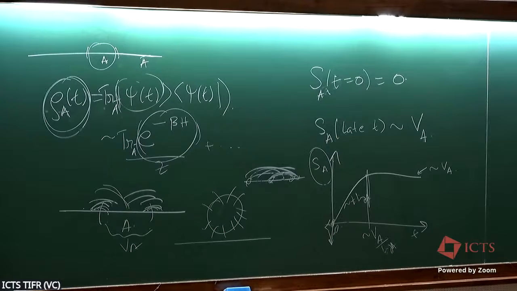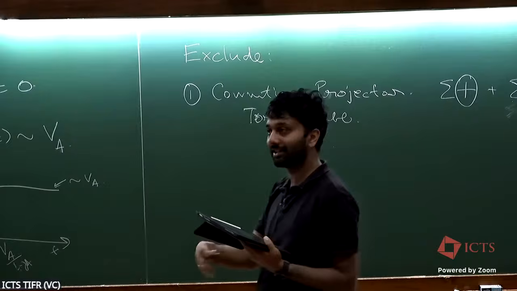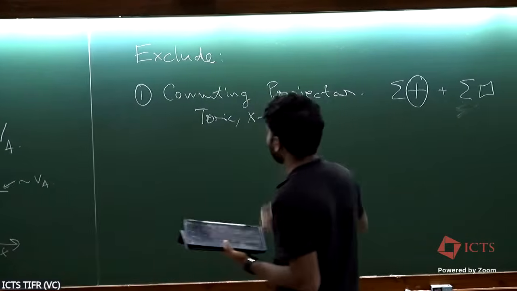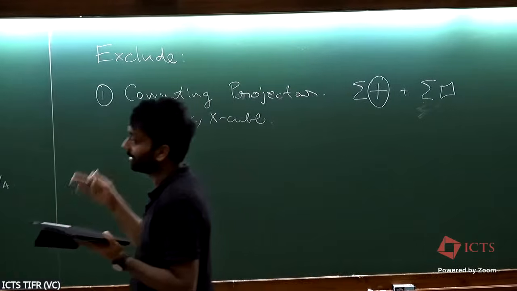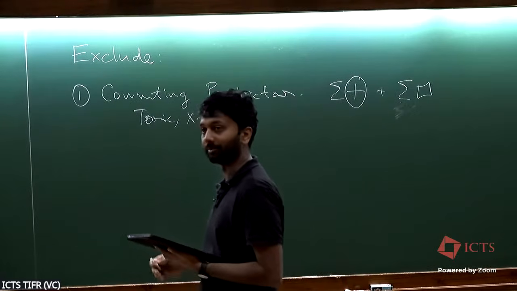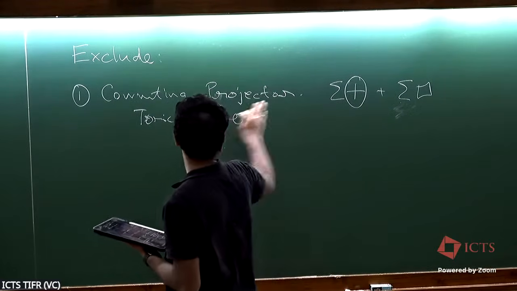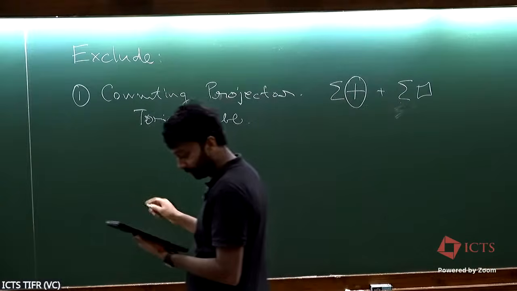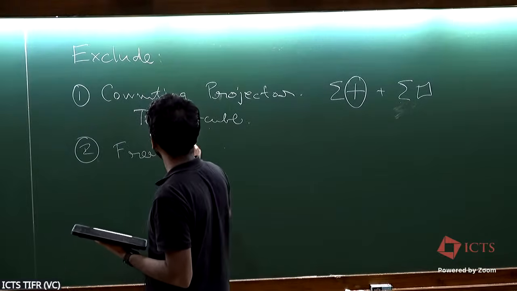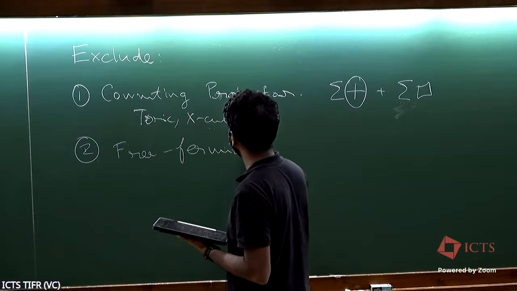Okay, so I was mentioning things we should exclude, and these are things which you have studied. So toric code and X cube, these are just way too simple. They do not exhibit thermalization, and in fact, the dynamics of these kinds of simple commuting projector Hamiltonians is almost like just basically ground state physics. So there is no interesting infinite temperature behavior that emerges, and it's also related to the fact that these have too many symmetries.